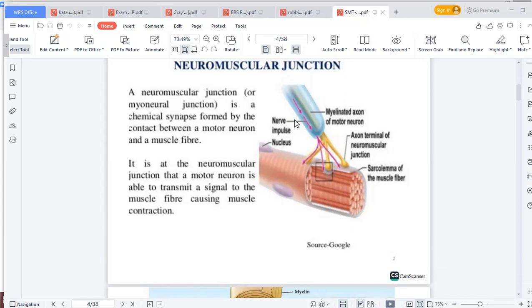When it gets released there by exocytosis, it will move and bind on the muscle membrane, which is also called the post-synaptic membrane, because it is after the synapse. The one that is before the synapse is called the presynaptic membrane, or presynaptic nerve fiber, or nerve terminal, if you will. So now,